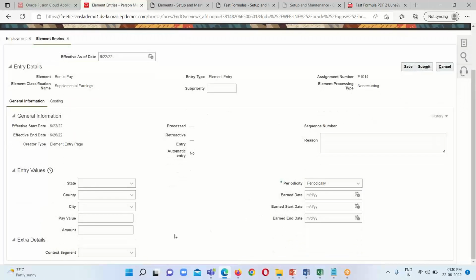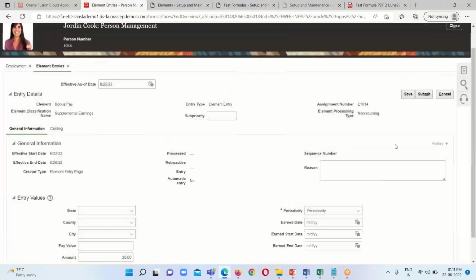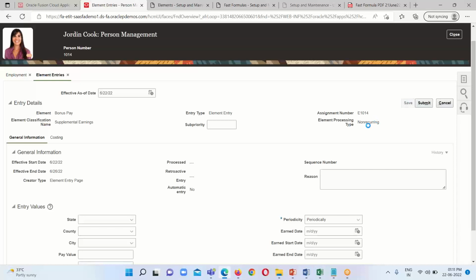Here we have the amount option, and here we have to provide the value for the amount, and this time I'm going to provide like 20. So let's see what will happen over here. After providing value for the amount 20, click on save,